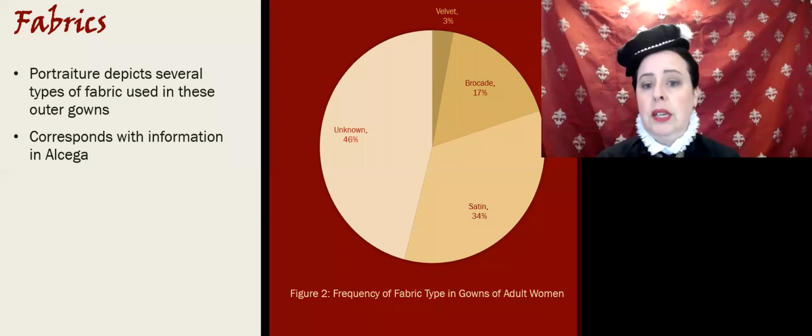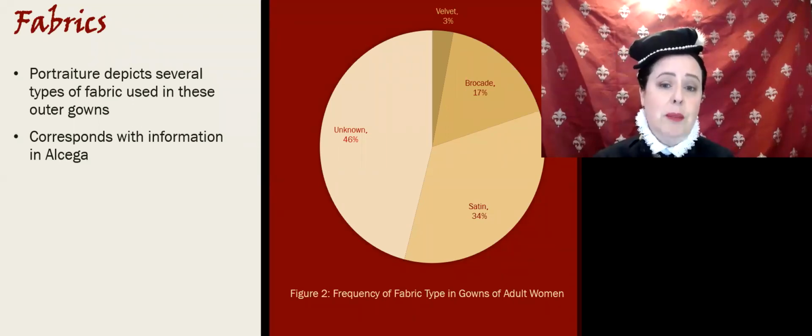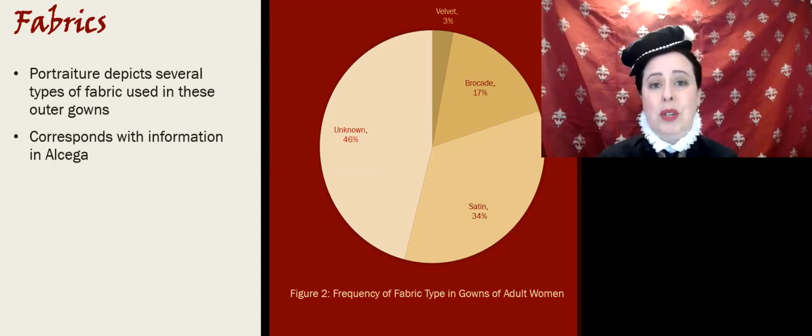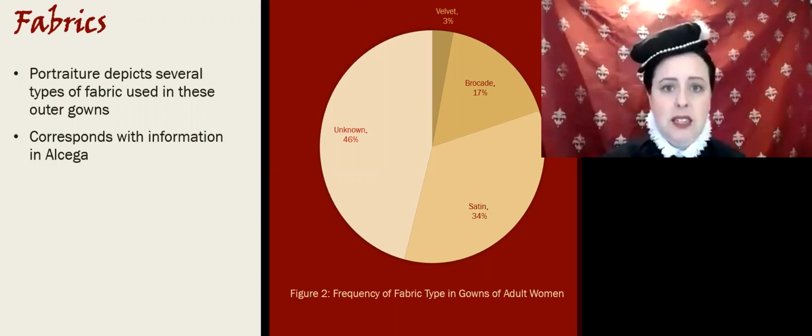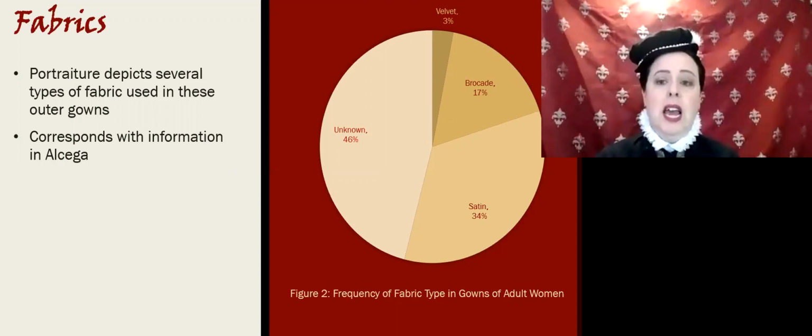There we go. But because of the quality of the images I had access to at the time, it wasn't possible to tell exactly what was happening in nearly half of the cases. So we definitely had gorgeous, lustrous satins in over a third of all the frocks that I could identify, and brocades or jacquards or damasks, something that had a pattern that was a very similar colour, and there were definitely velvets,